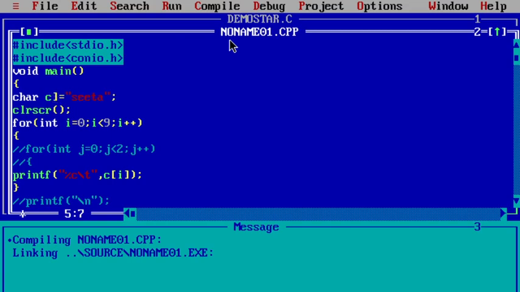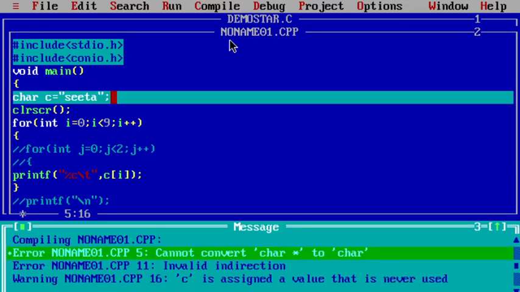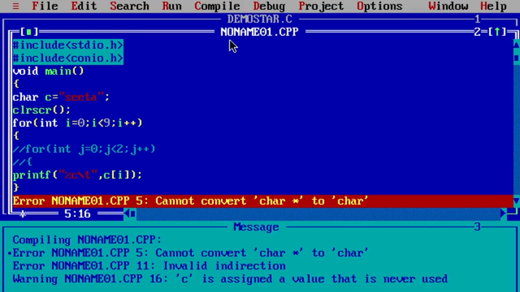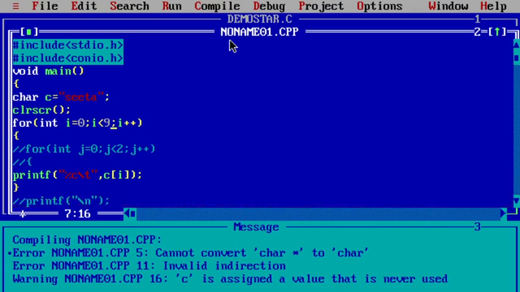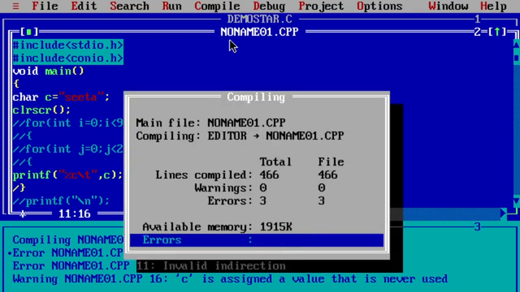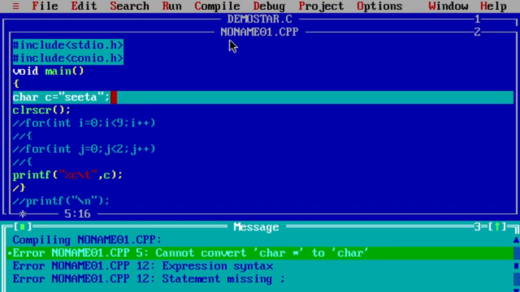Suppose I am not using an array, then what does it print? Okay, see, Control F9. Sorry. If you don't want to use an array, then I'll make it a simple character, printing a simple character, right? To print a simple character, %c backslash t, then you just use c. So what will it display?